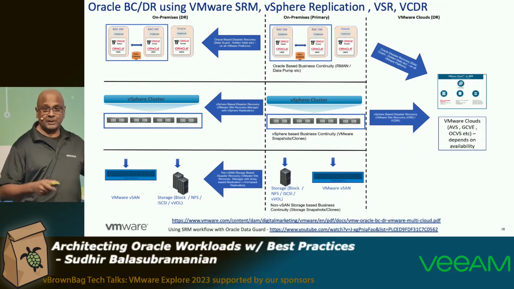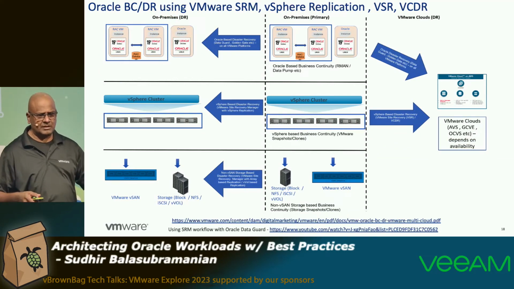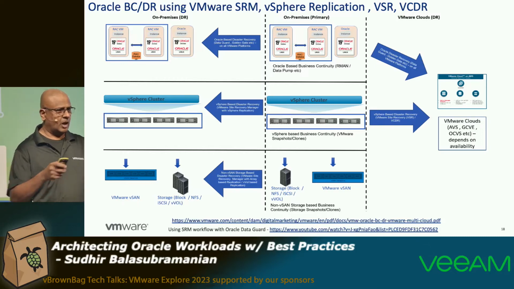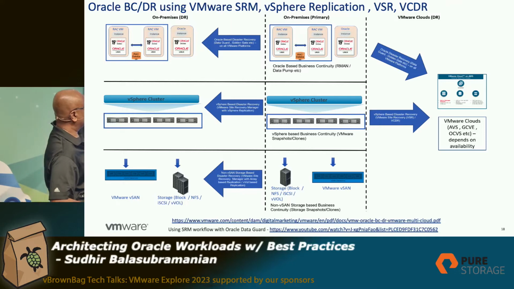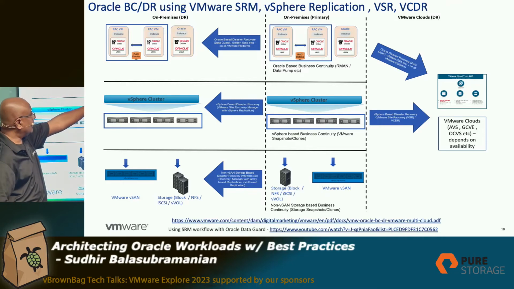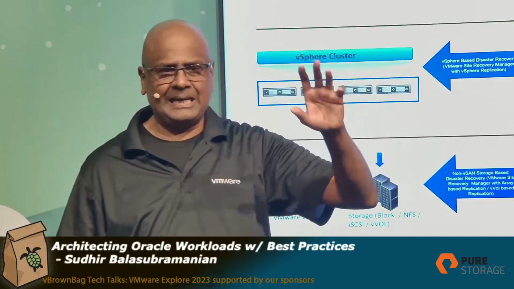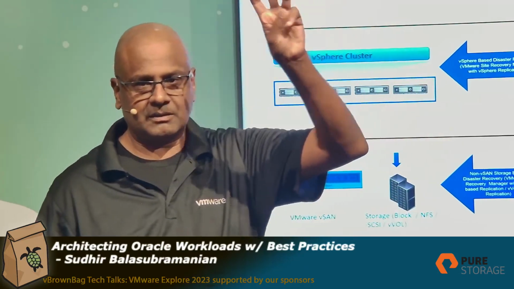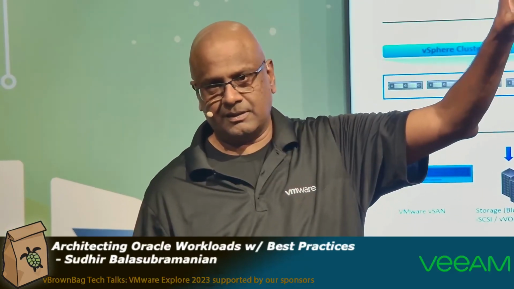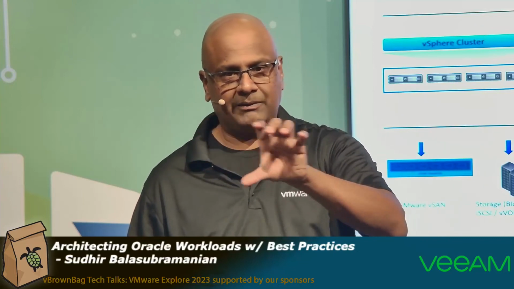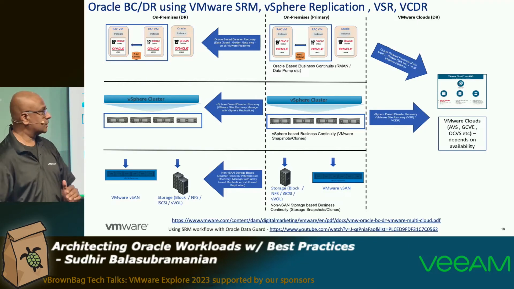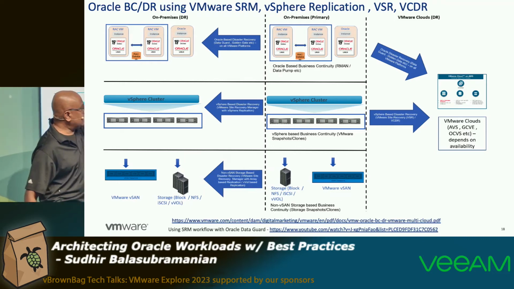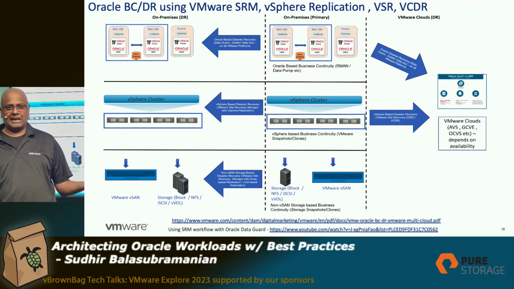If I have to bring everything together, you know what? Business continuity, disaster recovery, on-prem to the cloud, the way that I would read it is this way. Start from the middle, right? When you look at on-premises, remember, any operation can happen at 3 different levels: the application level, the vSphere or platform level, and the storage level, right? App, platform, storage. When you look at the app level, any business continuity, you could do using Oracle RMAN,